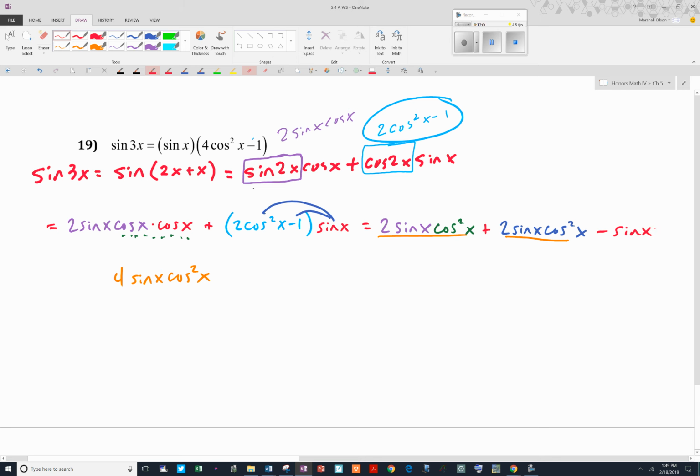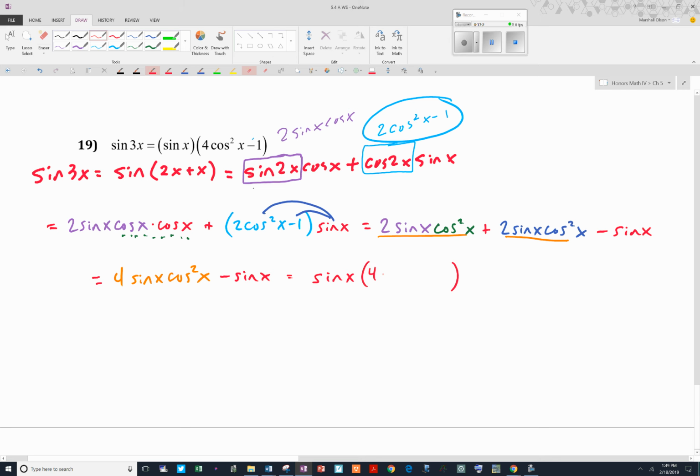That should be sine of x, and the whole reason I caught that is by looking up at my right hand side. I know I need to pull out a sine at the end. With that minus 1, I couldn't, so I must have done something wrong. Yep, there it was. So there's our minus sine of x, and now I can pull that sine of x out as a GCF,